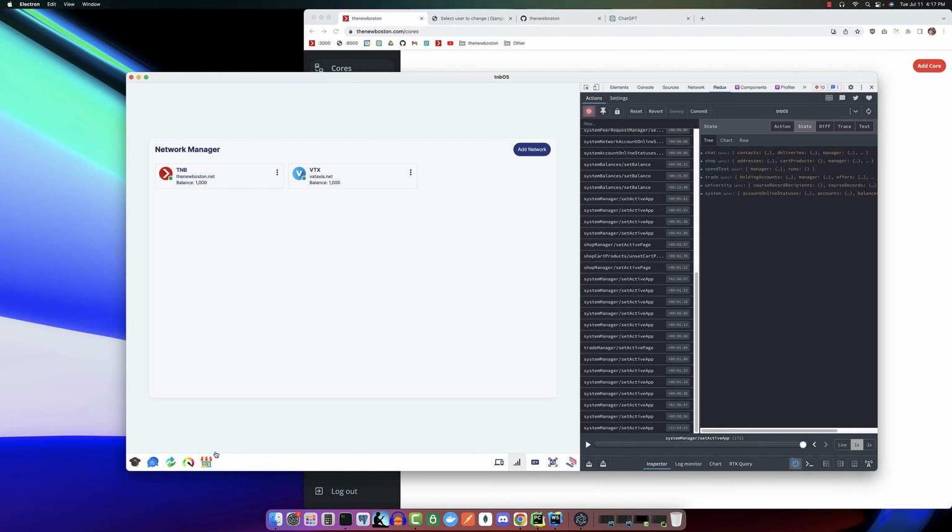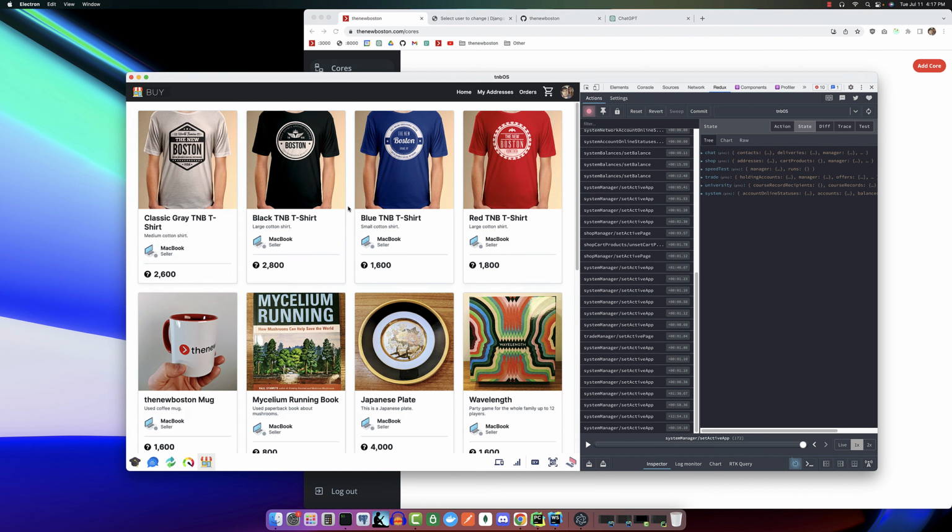So just to add a more clear use case, we'll go ahead and almost recreate this marketplace on the new Boston.com. And this will allow people to sell their goods for really any digital currency of their choosing. And just to give you a real quick overview of this functionality for those who didn't watch the TNBOS video,